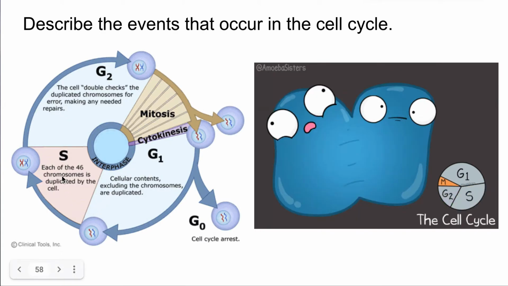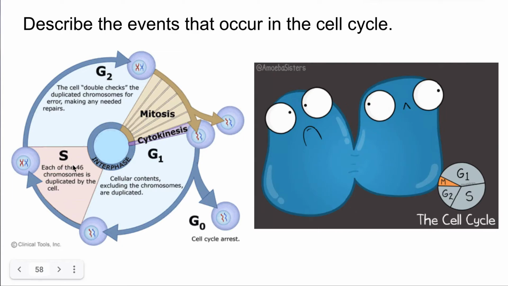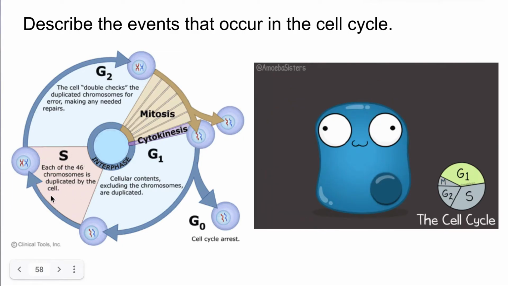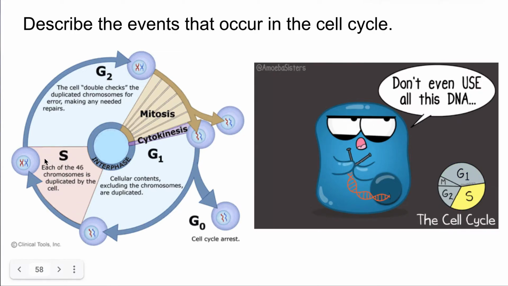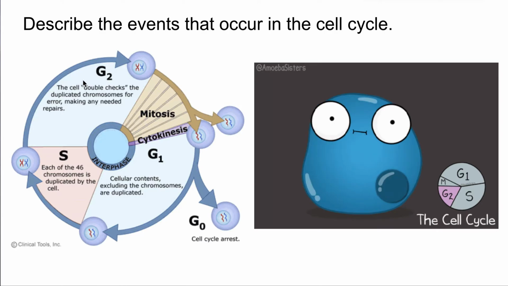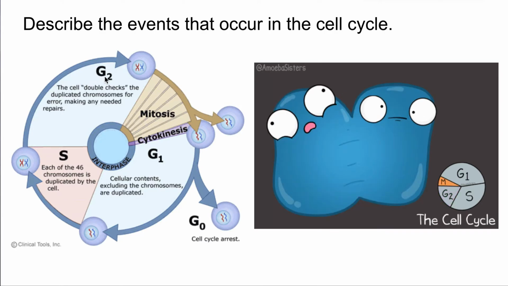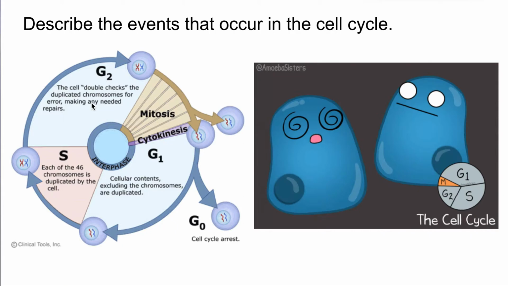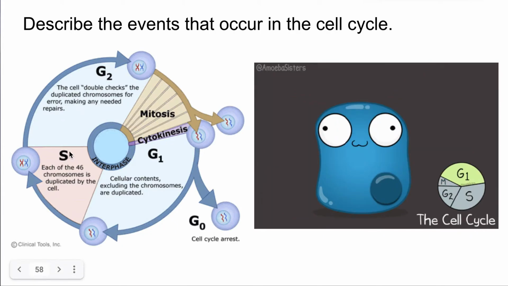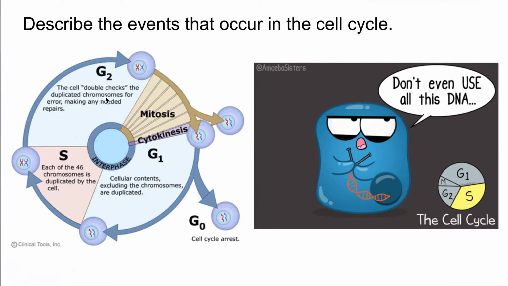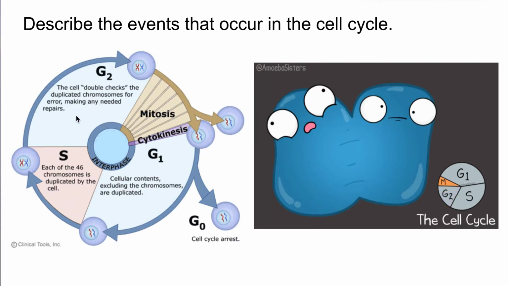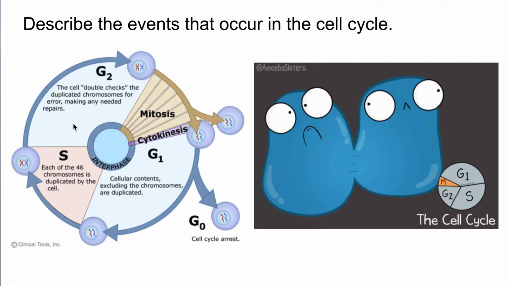In the S phase, this is going to stand for synthesis. So here, your DNA is going to be copied. After the S phase, and it's been double-checked, the cell is going to enter into the G2 phase, the second gap phase. The cell is going to double check to make sure that not only the chromosomes and DNA are correctly copied, but to make sure that it has an appropriate size, appropriate amount of organelles needed in order to